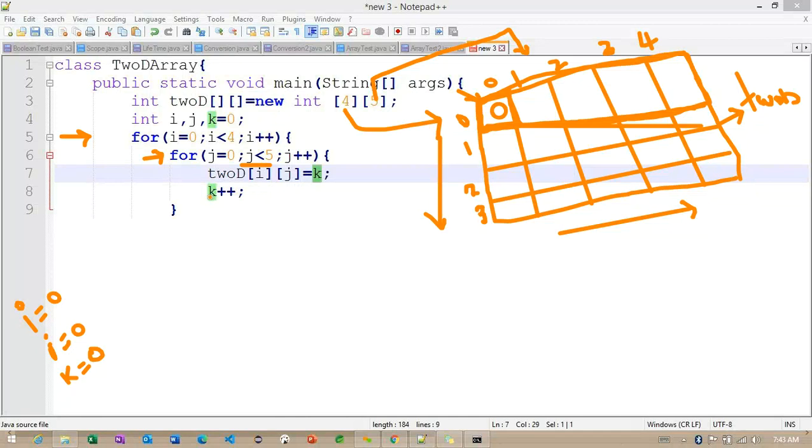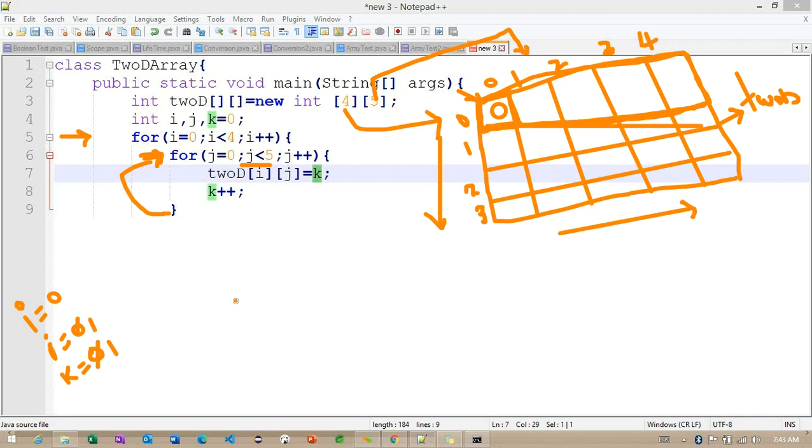Back to here, we are incrementing the K value. The K value will become 1. And now we are iterating this nested loop. So the J value is also going to increase. Now the J value will become 1.